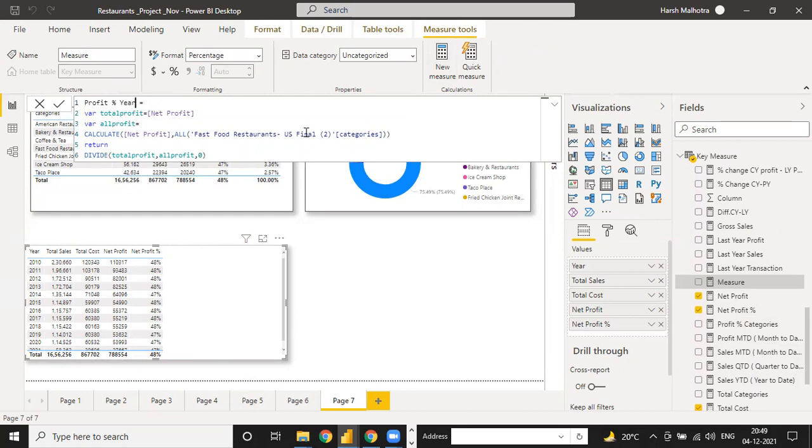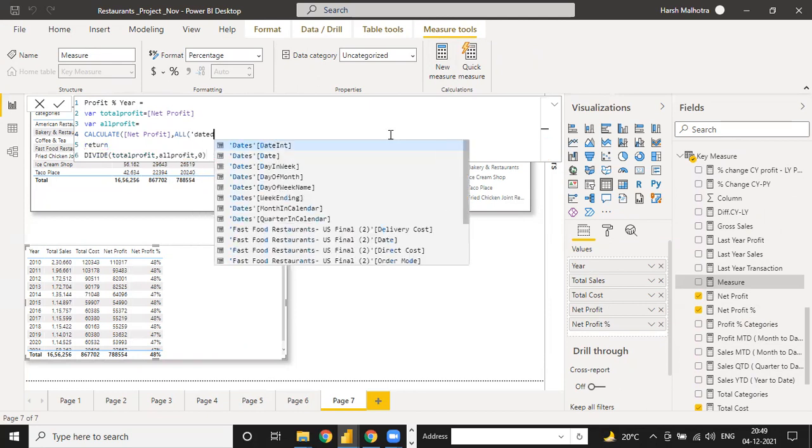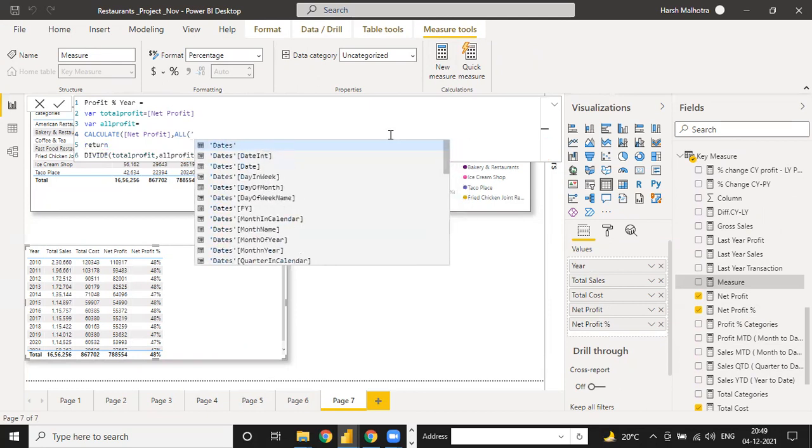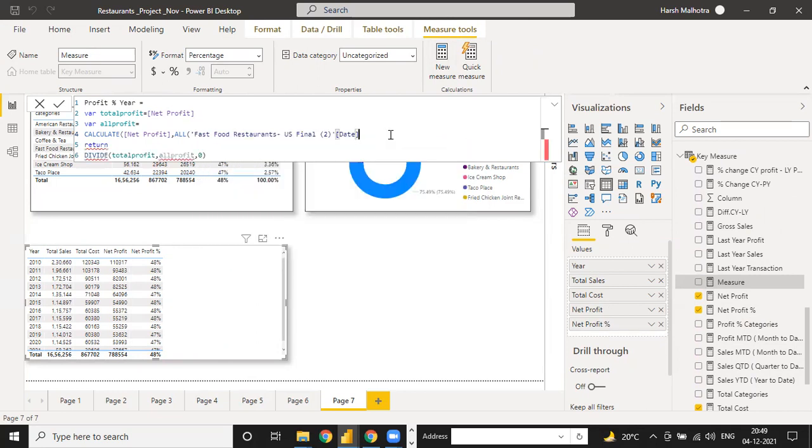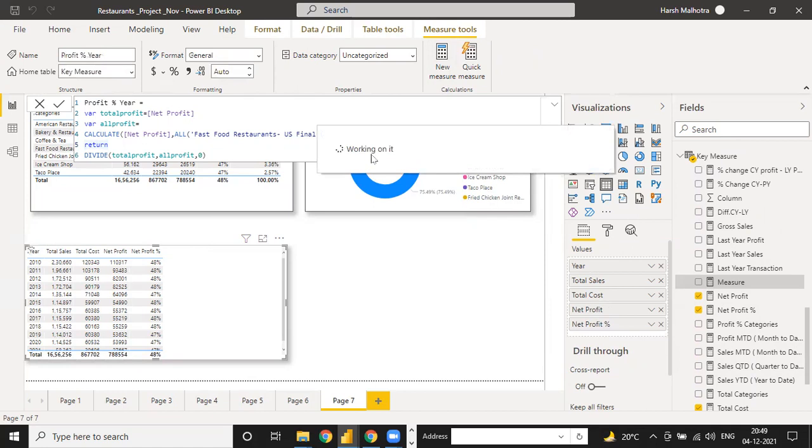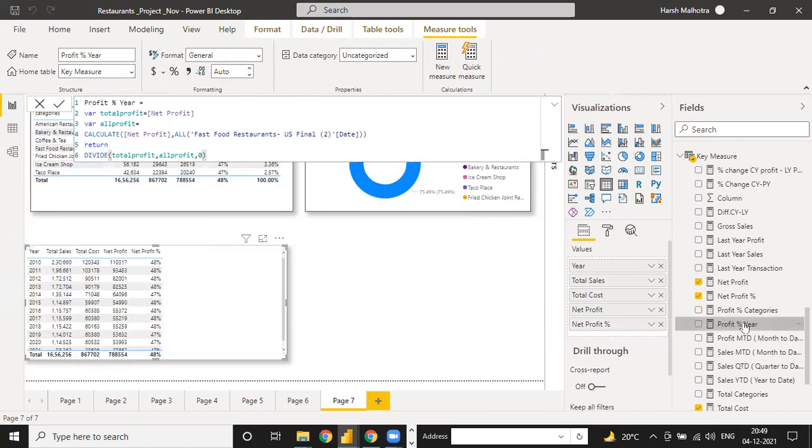Net profit, all total profit, you can only change this value, ALL, and you can change the date of the fast food restaurant. Only this date should be changed, and just press enter. It will give you the answer on the basis of years.